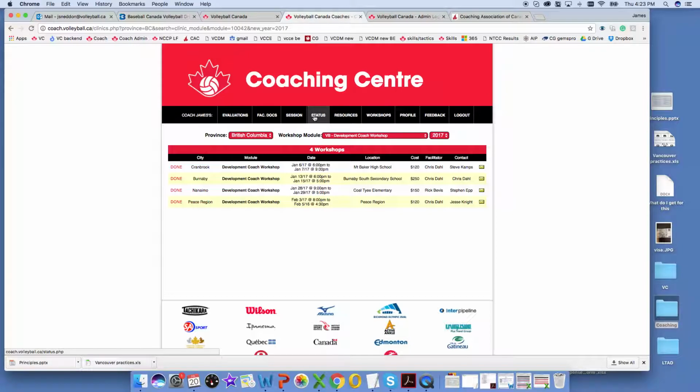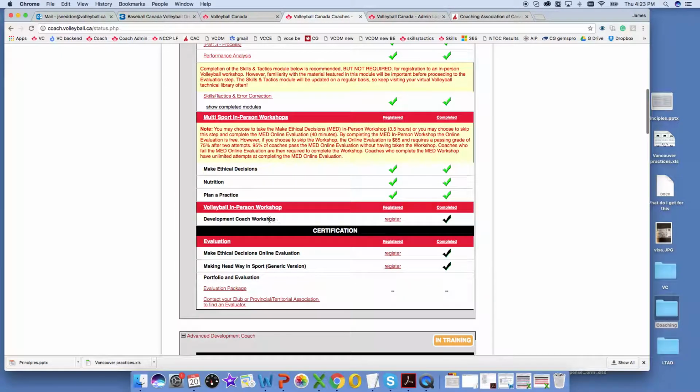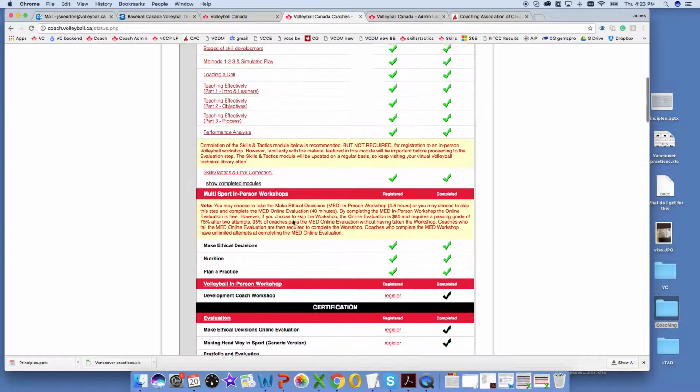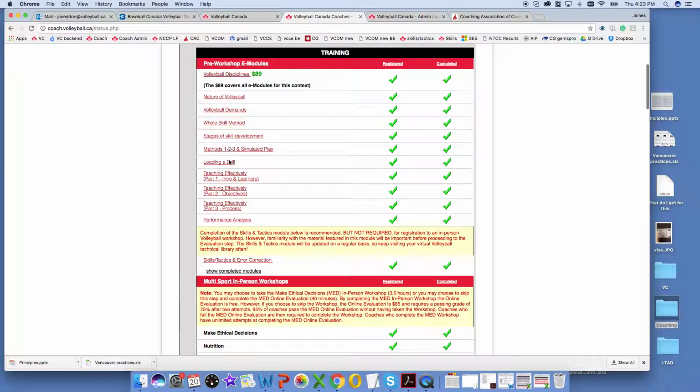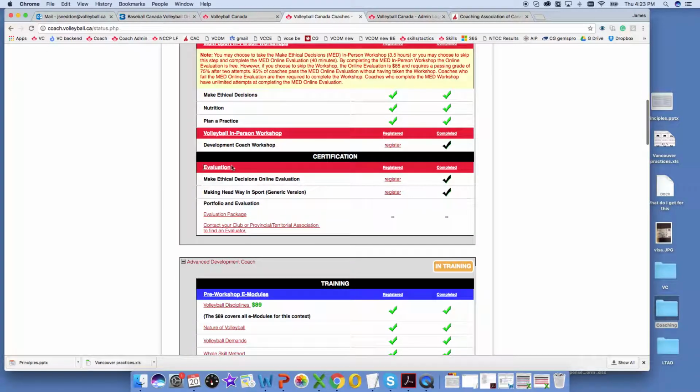So going back to my status area, that's a critical component of this functionality of this system, and it allows the provincial associations to deliver clinics, and it also allows the National Federation to deliver our e-learning modules, and from what I understand, this is going to be delivered nationally. The e-modules will be. And then finally, we get down to the evaluation phase for the coaches and the referees,